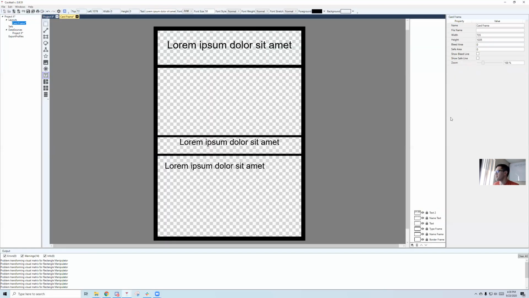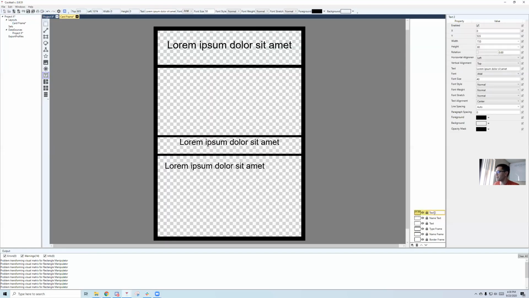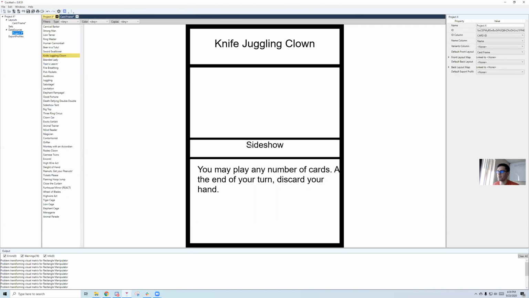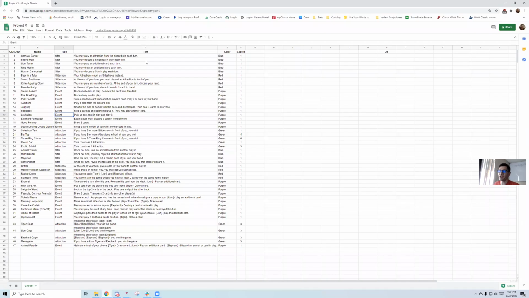Actually, sorry, we still have to link it, right? All right, so let's go back to text. Let's rename this to type text, and then we're going to link this, right? So we got to go to text. We're going to click on this. We're going to go direct. We're going to go to type, and then we should be able to see it now. There we go. So now we have sideshow, events. Yep. Perfect. So all of our information in our type file is now showing up as well,